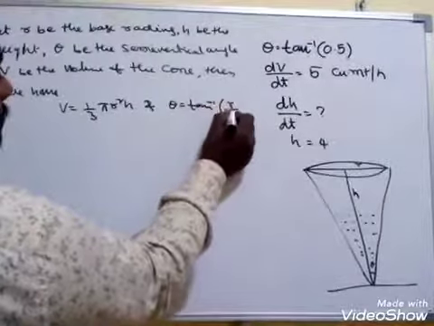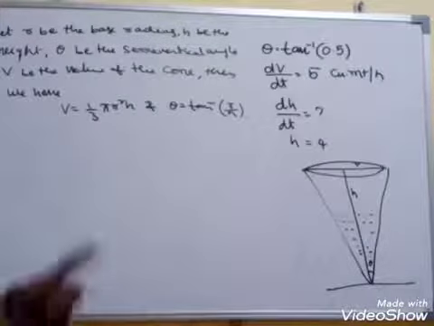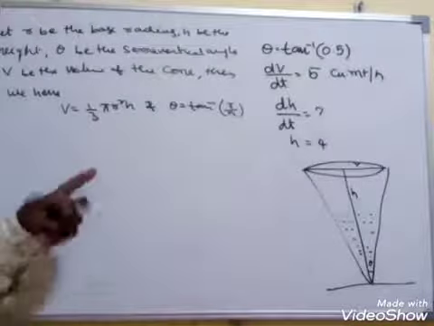Here observe, both r and h are variables, but we have to reduce this equation to only one variable. They are asking the rate of change of height, hence we have to reduce this equation in terms of h. That means we have to derive the relation between h and r. In the sand problem, they gave it directly, always the height of the cone is 1/6 of the radius. Like that, here also we should derive the relation.